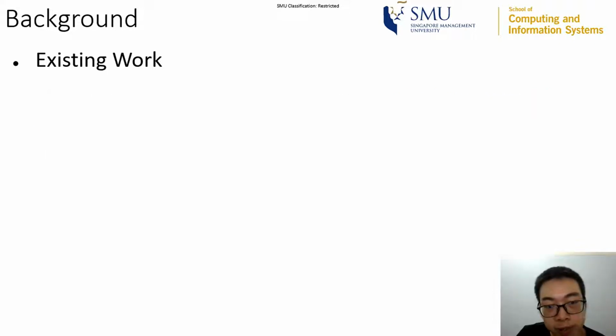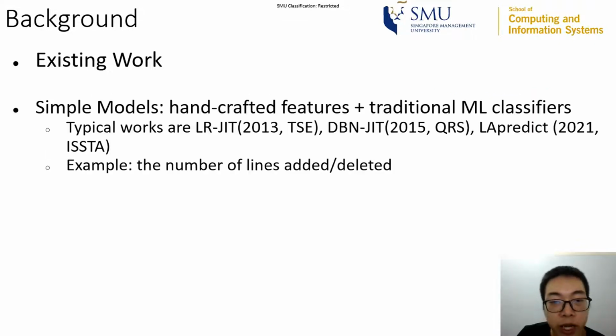There is a lot of existing work on this task. One kind of work is called simple models in our paper if they are using handcrafted features with traditional machine learning classifiers. Typical works are like LRGIT, DBNGIT, and LA-Predict. Those simple models are effective because there are some heuristics behind each handcrafted feature. For instance, the number of lines added or deleted is a typical feature. The heuristic behind it is that the more lines of code added at the same time, the higher the probability to